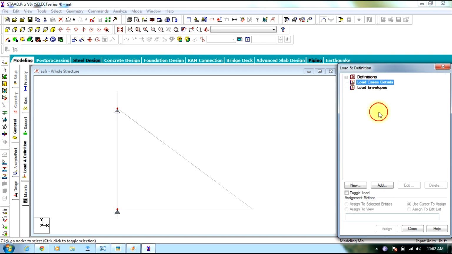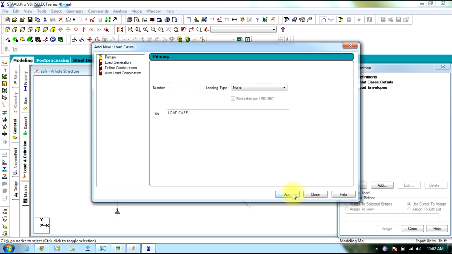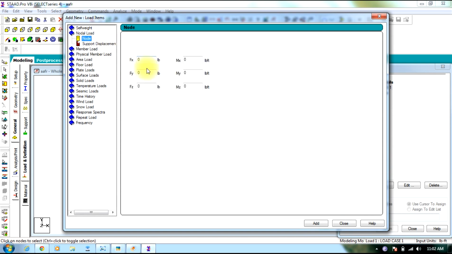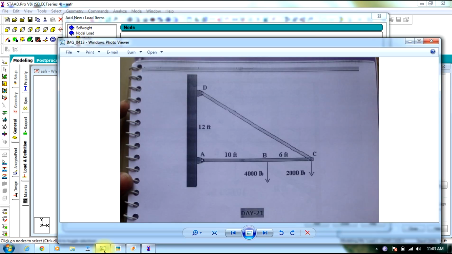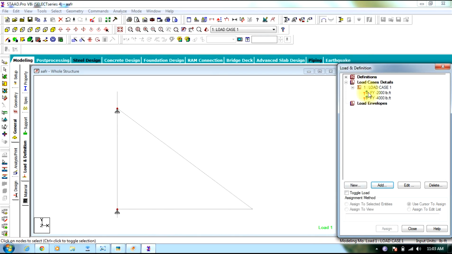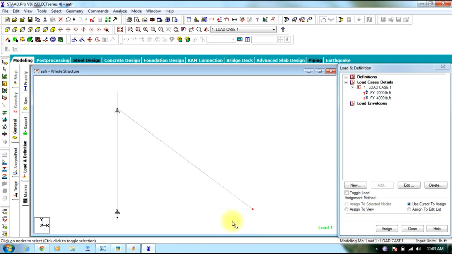Then going to loads, assigning loads, you can see downward direction, so minus 2000 pounds and minus 4000 pounds. So assigning the loads,